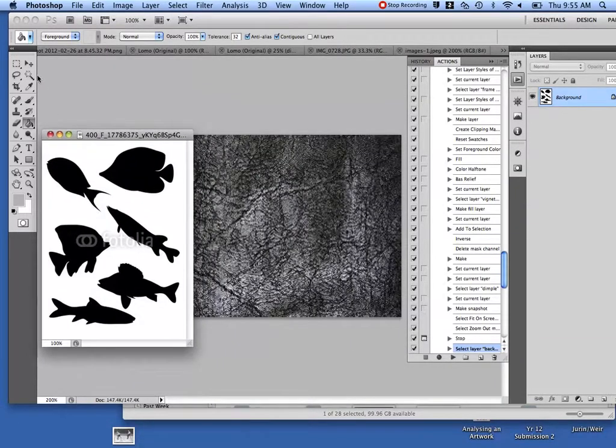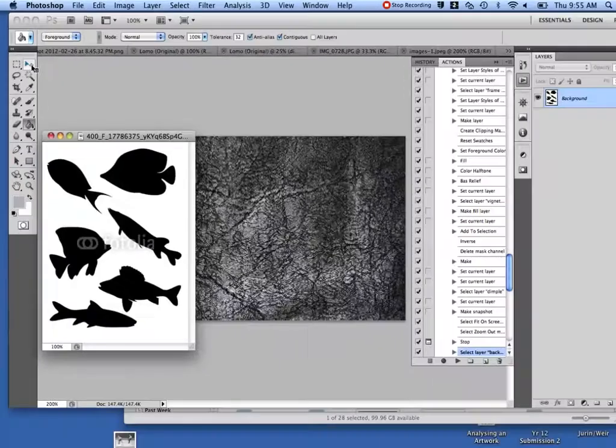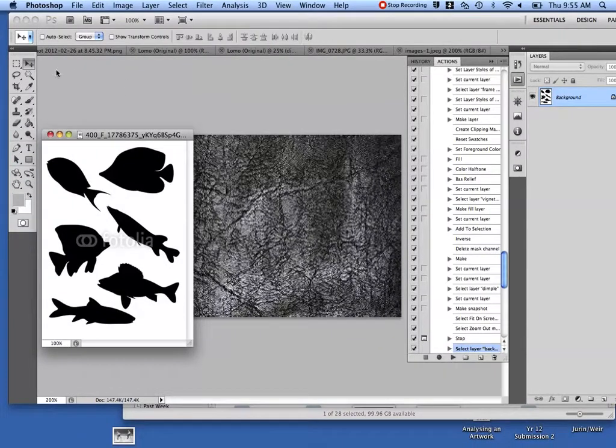I'm going to go up here. This is the move tool. You can see it's the top tool. You can get there by pressing V. So V gets me to the move tool. I told you guys yesterday, B for brush tool, E for eraser tool, C for crop tool. But for some reason the move tool is V. Alright, I'm going to actually drag that whole picture over the top